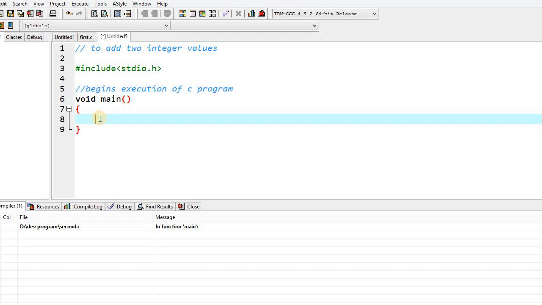After that, now once we are in the void main function, the first part is the declaration part, that is our type declaration instruction. We discussed in the previous video 3 types of instruction. The first one is the type declaration instruction, after that arithmetic instruction, and after that control instruction. We will cover in this part 2 types of instruction, the type declaration instruction, and after that we will discuss arithmetic instruction.